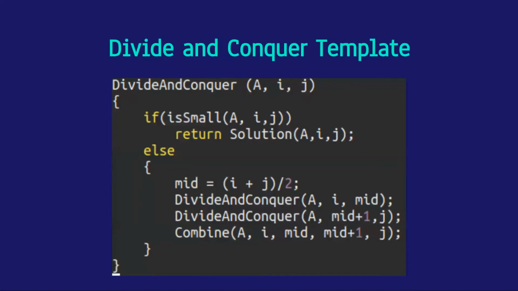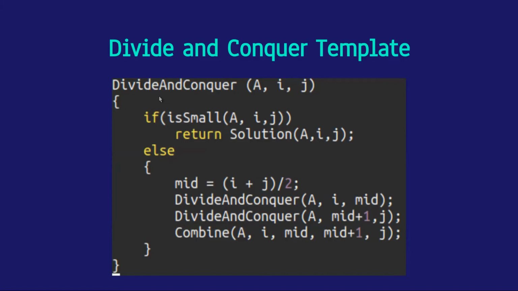So here is a little bit of pseudocode for you. Any divide and conquer problem, forget merge sort, there are a lot of problems which can be solved using the divide and conquer strategy. And it just happens that merge sort is one of them. And you'll see that the solutions to all these problems follow the same template. That is, the solutions look similar to this code that you see here. This is not actual code. This is just a template, a pattern that you see repeating among all divide and conquer problems.